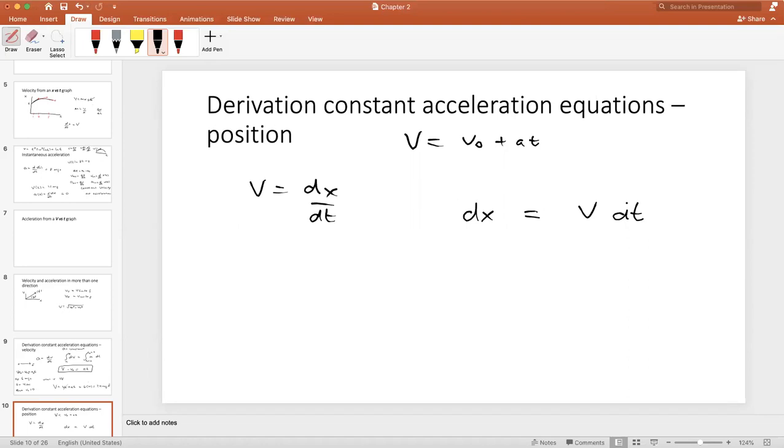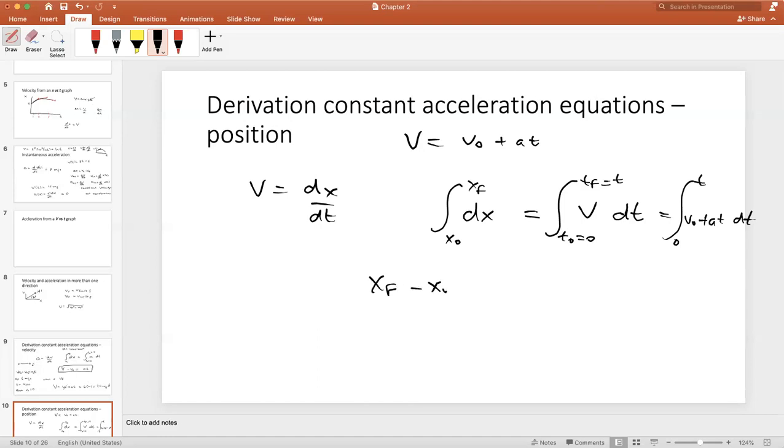We can again do x initial, x final, and t initial is 0 and t final is t. And now I'm going to substitute in for v my equation here. So I get 0 to t, and I get v naught plus at times dt. Again, simple integrals, right? We get x final minus x initial is equal to v naught t plus at squared